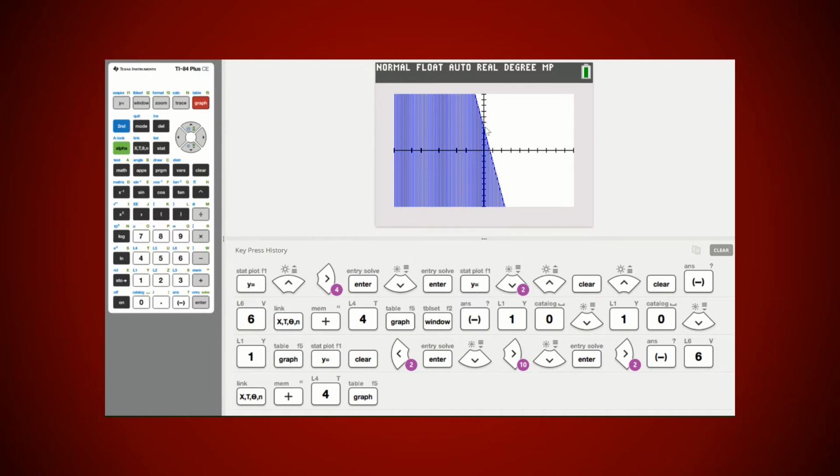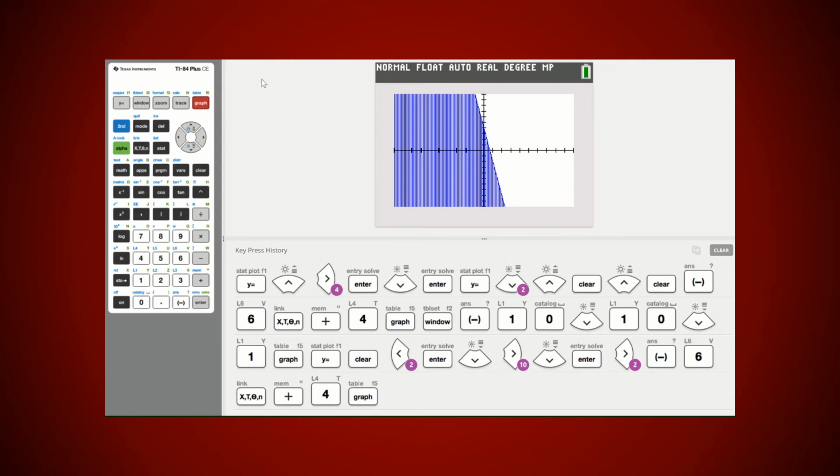Now, what it doesn't do is give me a dashed line. It just gives me a solid line, and I would just have to know, if I'm using this method, I've got to remember I'm not using a less than or equal to, I'm just using a less than, and therefore this must be represented as a dashed line. Now, the second inequality, which was y is greater than 1/2 x plus 2,